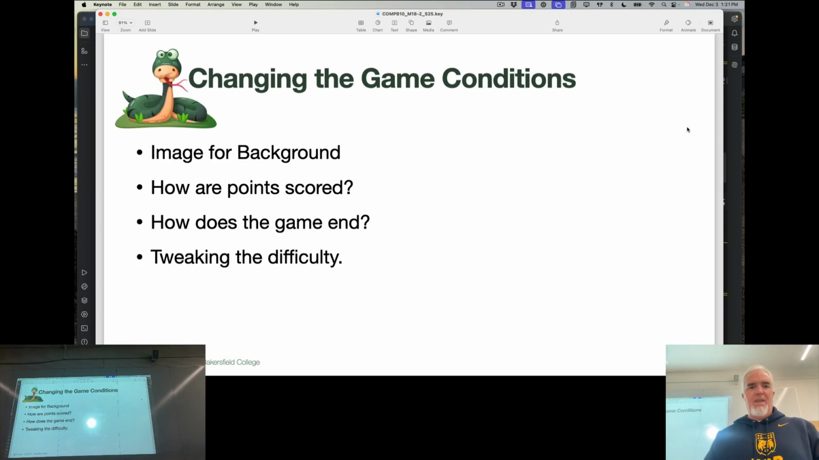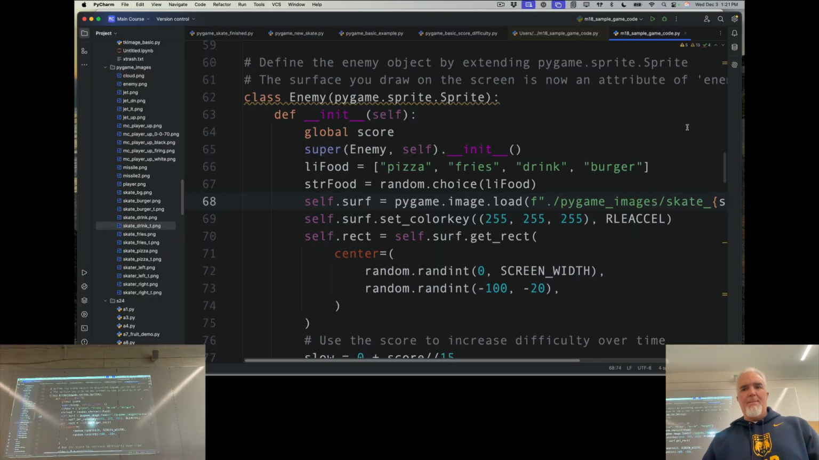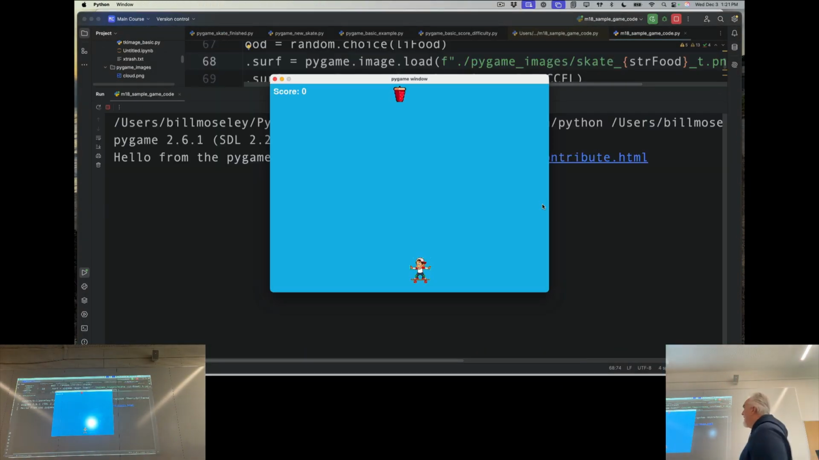Game conditions, the image for the background. How are points scored? How does the game end? And I got to tweak the difficulty a little bit. Okay, so in my game here, let's run that. In my game here,